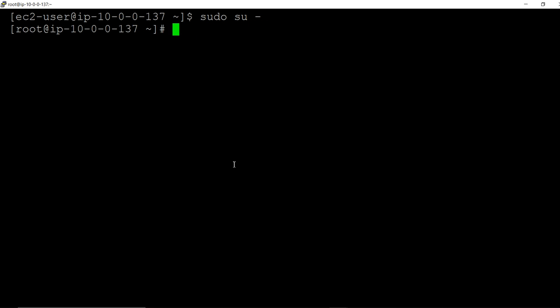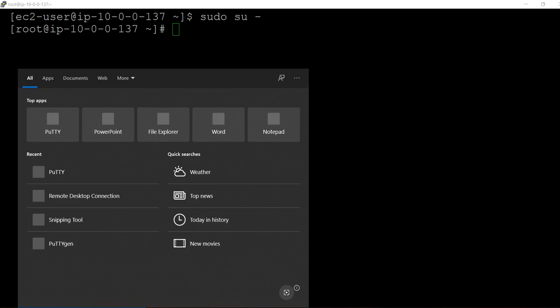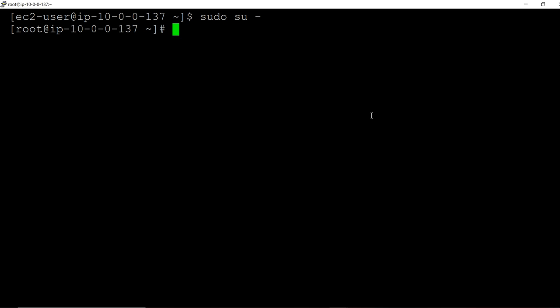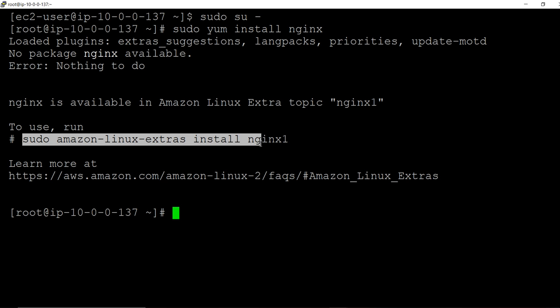Okay, we didn't install nginx, right? That is the reason it is not going. So first we need to install nginx on this server. Sudo yum install nginx. It is telling that nginx is not available in Amazon Linux, so nginx1 is there, and to install that you need to use this command.